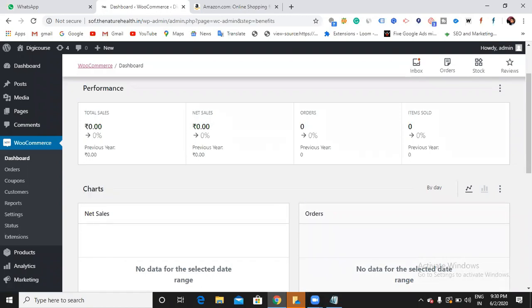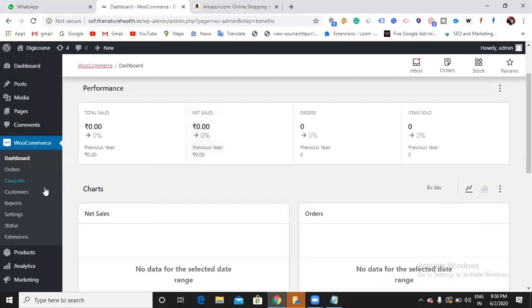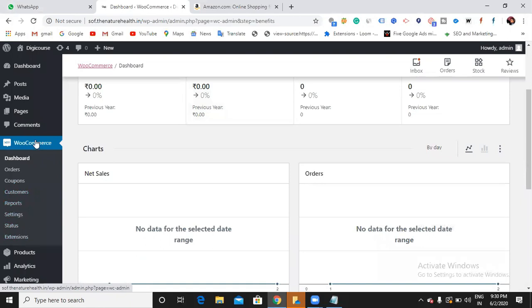First thing is go to WooCommerce settings. Get into the settings and do all the settings whatever you want. Enter the genuine address, enter some payment gateway, and everything we're going to set up in this settings option only. So before getting into this, let us create all the things. This is WooCommerce. Can you see, once you install WooCommerce, it will be added in the left sidebar. So get into this settings option now.